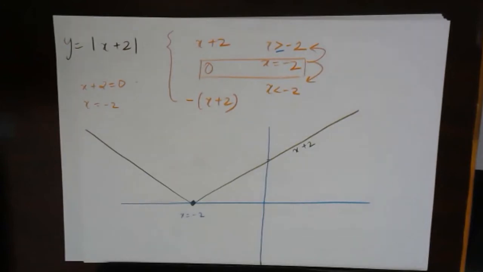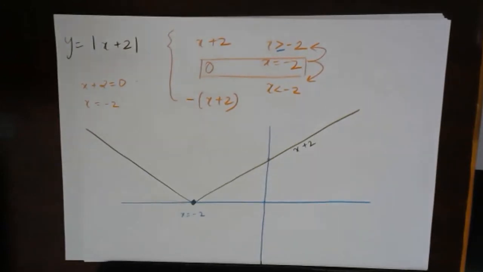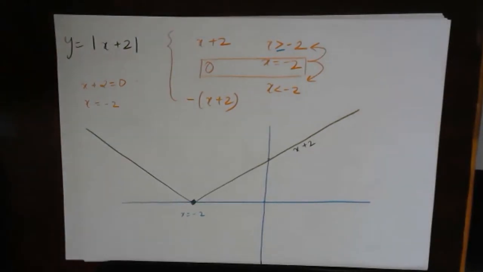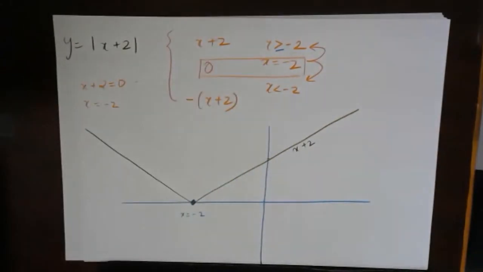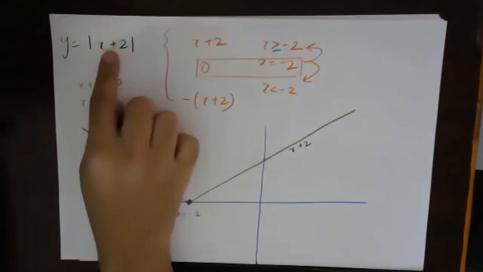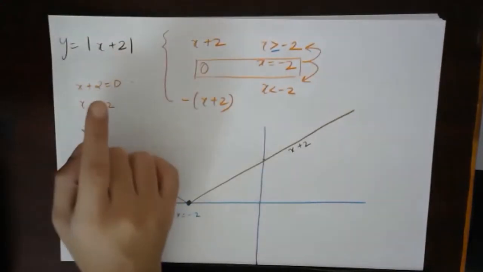Understood this part, everyone? Now, is there any trick to this? Yes, there is one trick. When you have a modulus on the overall function, what is the modulus doing? The modulus takes input as values, positive, negative, or zero, whatever, and it is always giving you output as positive.